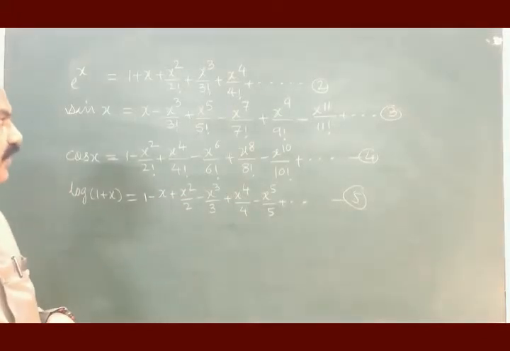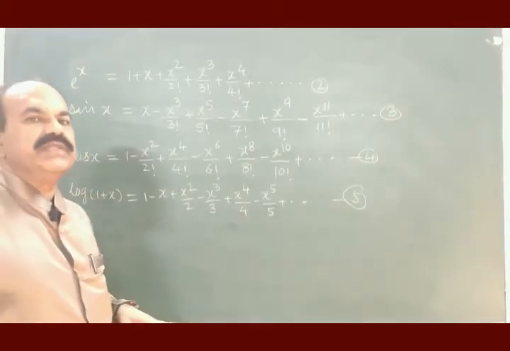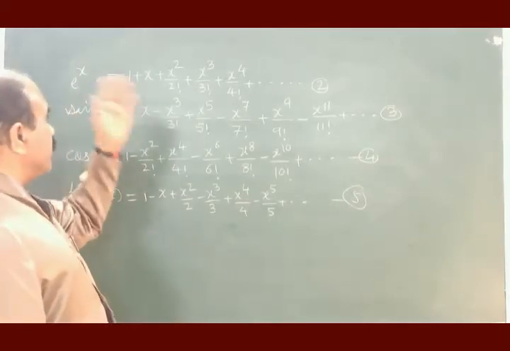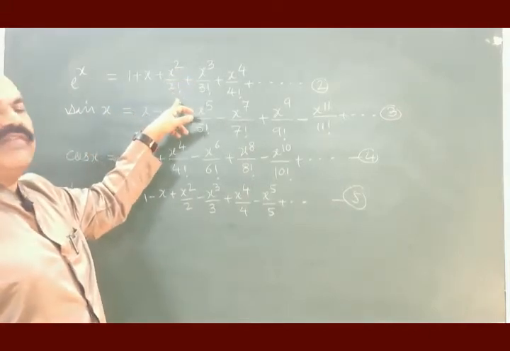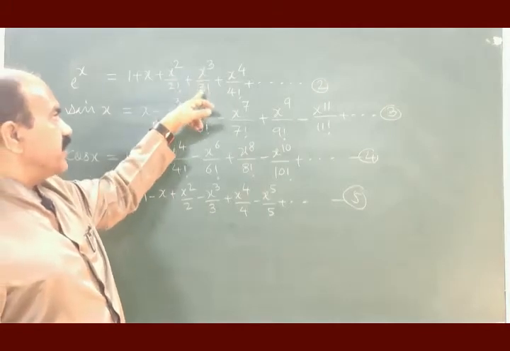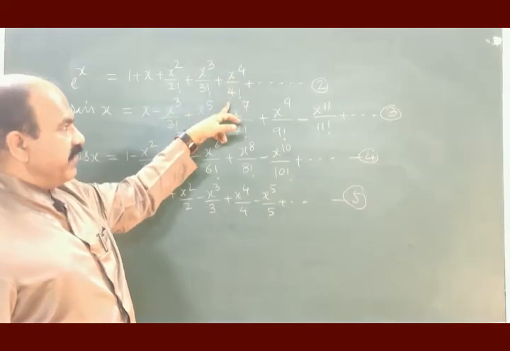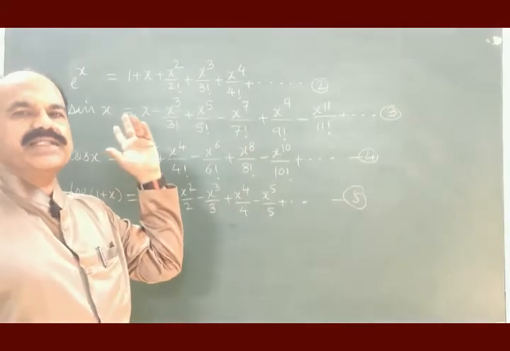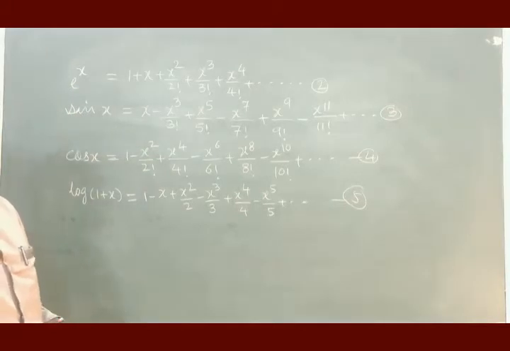So what you see, e to the power x is a periodic function. It is represented again using Taylor series approximation, which is given by 1 plus x square divided by factorial 2 plus x cube divided by factorial 3 plus x to the power 4 divided by factorial 4 plus so on. It can be continued to large number of terms, equation number 2. Then come to sin x. It is odd periodic function